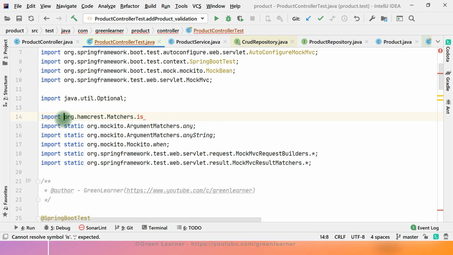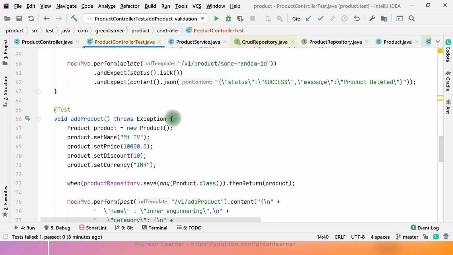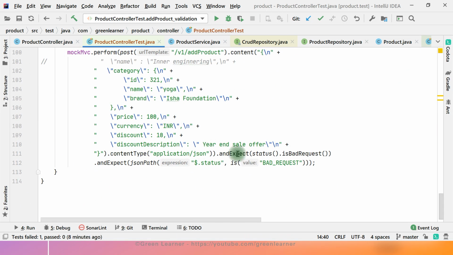This is a static call actually, so put it this way. Yes, this is now going to fix it. Yeah, it is fixed now. It is going to extract the status from whatever is written in this response and compare that key status with this one. The same way I can write for others as well.